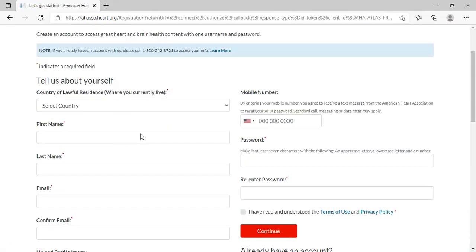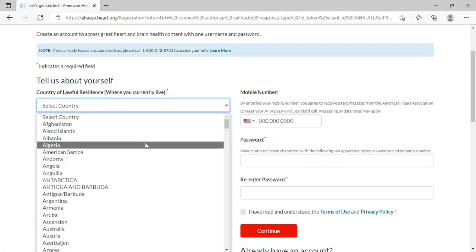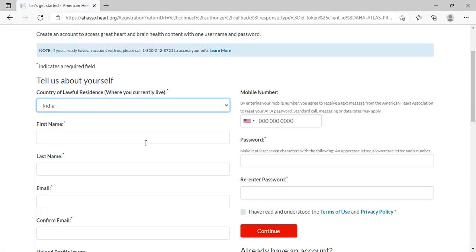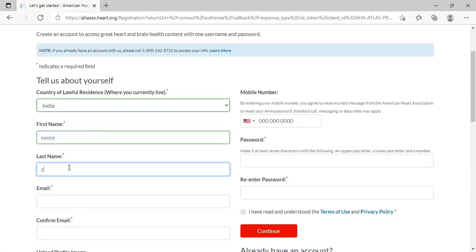Come to here, you have to select the country. I'm from India, so I'll select India. Your first name, you can create that, your name in first letters. You can write it in capital or small letters, like I'm writing as an example.